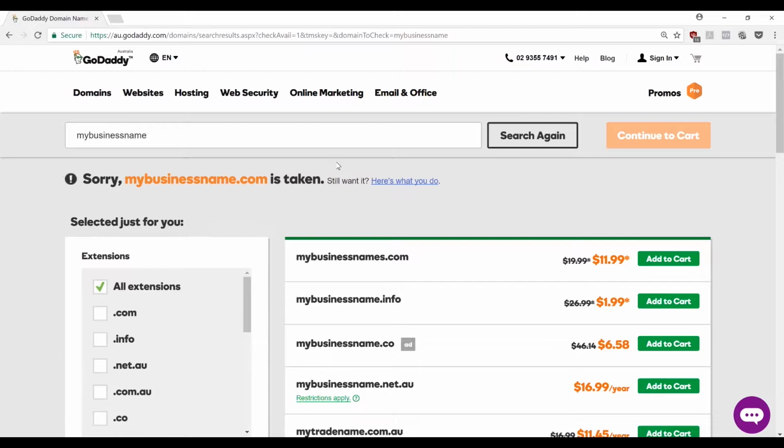Only joking. So in this case, this is most likely what you're going to encounter when you're searching for a business name, because for your business name or blog name, whatever you're going to go with, a lot of things are taken. So sometimes it takes a bit of ingenuity. You might have to make up words, make up names, or if you've already got a solid business name in place you want to go with, if you're a business out there, what you're going to want to do is